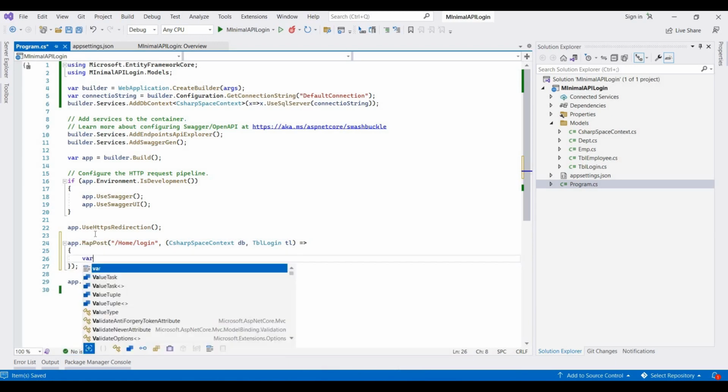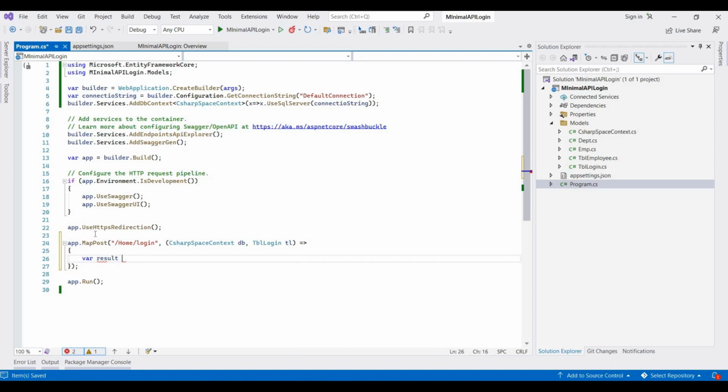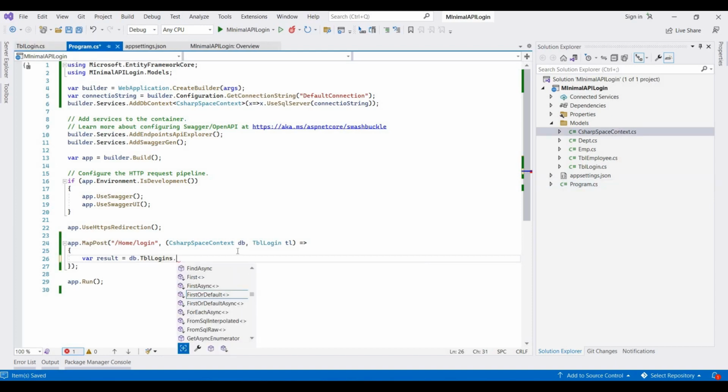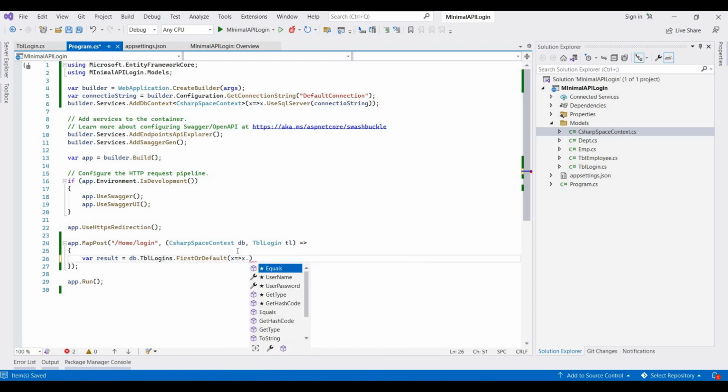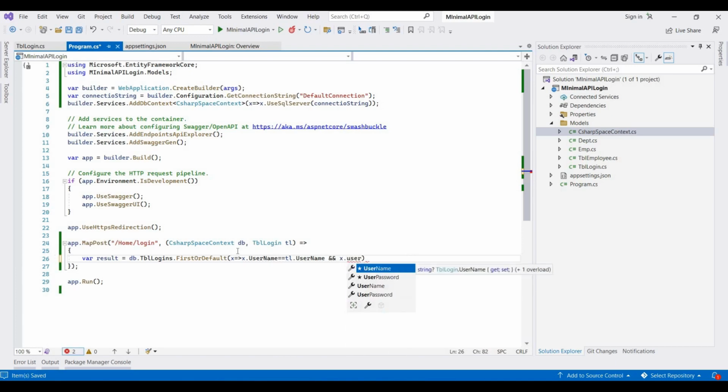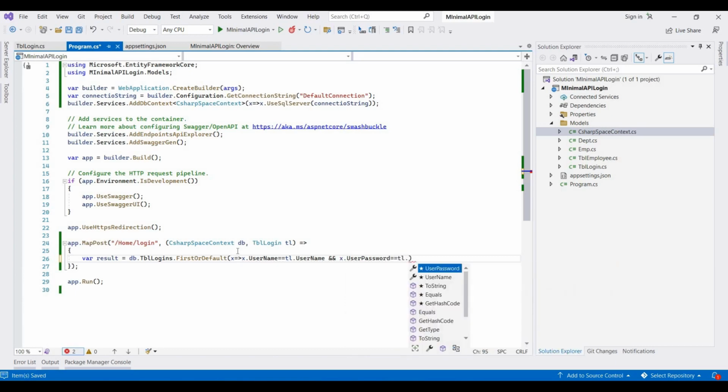and then here we write, we check where result equals db.tblLogin.Where.FirstOrDefault, then using lambda operators x.username is equal to TL.username and x.userPassword is equal to TL.userPassword,